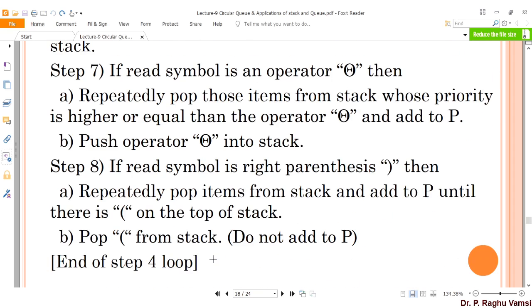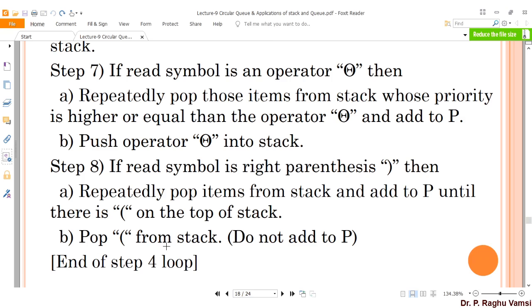Next, step 8 is, if the read symbol is the right parenthesis, then repeatedly pop the items from the stack and add them to P until there is an open parenthesis on top of the stack. That means all the elements need to be taken out from the stack.